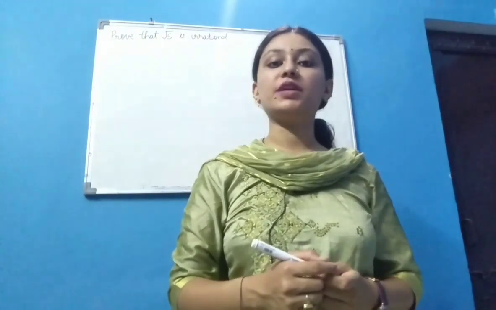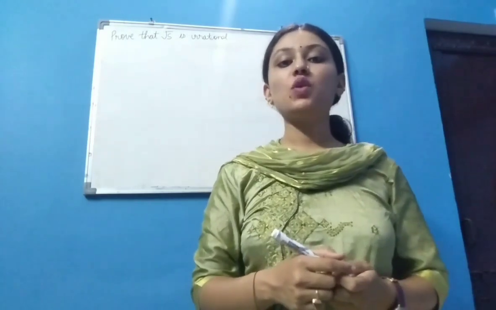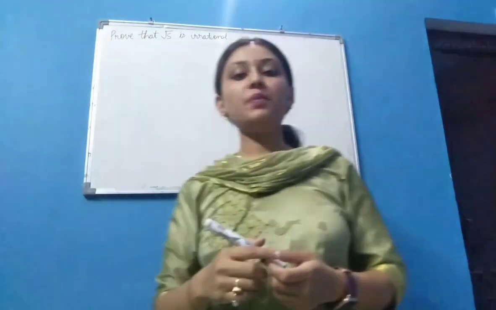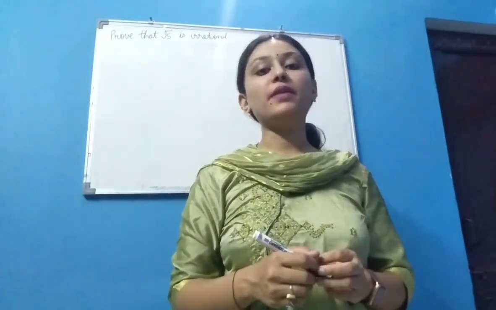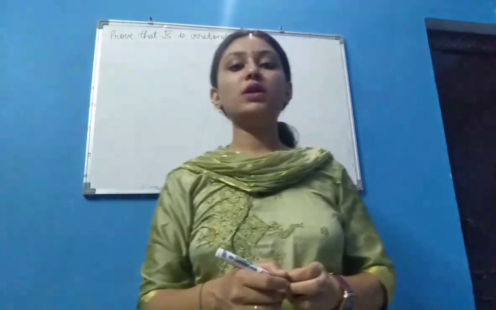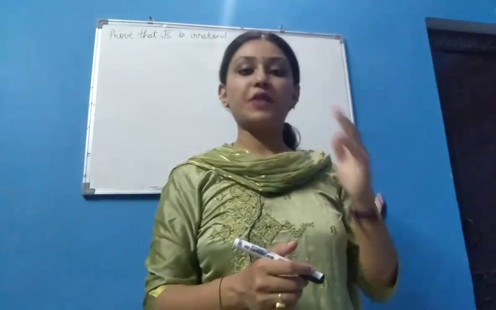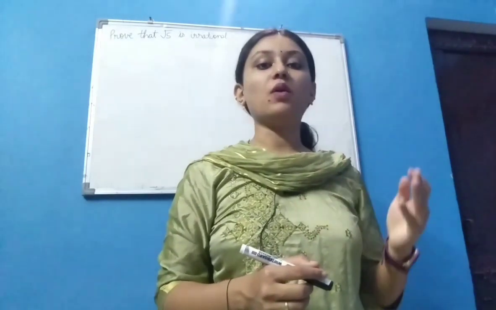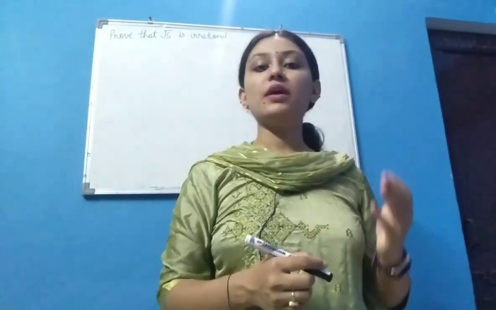In this video, I will teach you how to prove root 5 is irrational. So we have to prove that root 5 is irrational. We prove any number irrational by the method of contradiction. So we use the contradiction method to prove this. What we do is assume that the number is rational. Then a contradiction will occur, and we will say that this contradiction has arisen because of our incorrect assumption. So this is an irrational number.